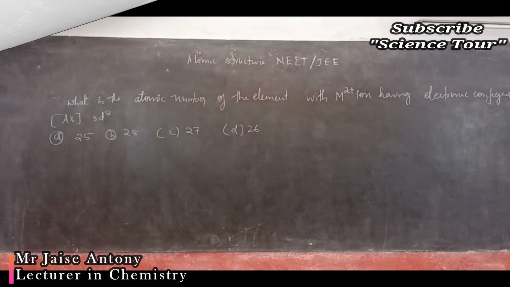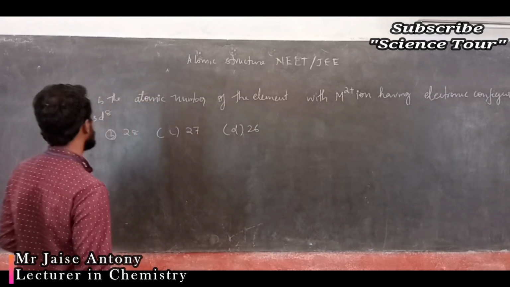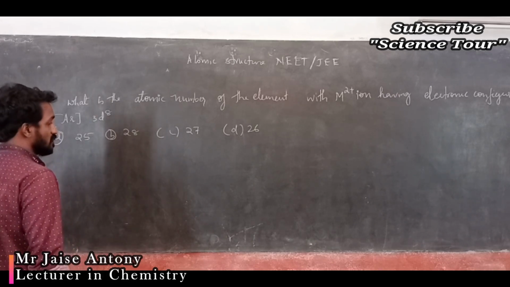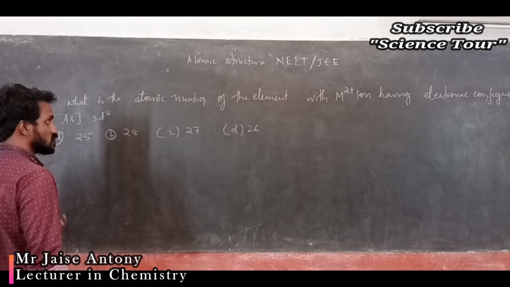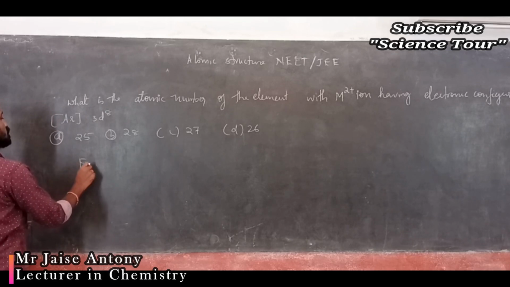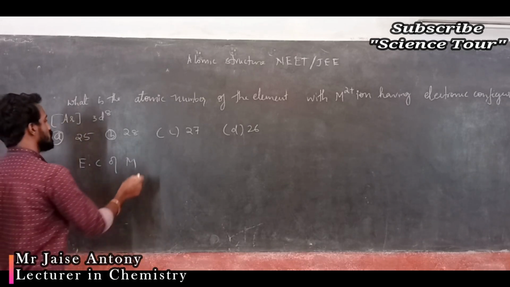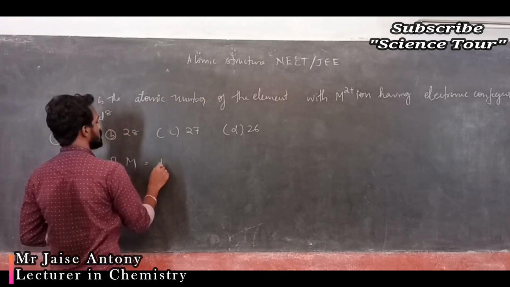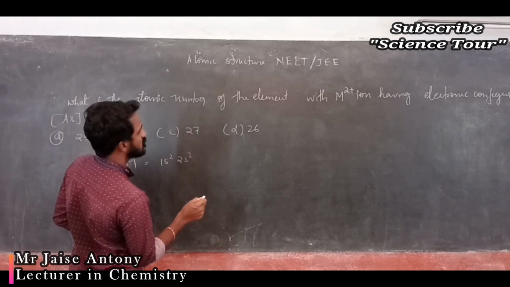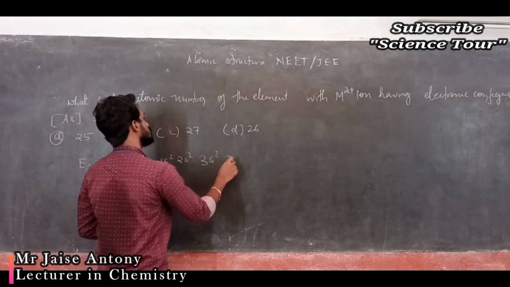Okay. Next question. What is the atomic number of the element whose M2 plus ion has the electronic configuration Ar 3d8? My dear students, M2 plus means 2 electrons are removed. So first we need the electronic configuration of the metal. Which metal? We don't know, we have to find out. I will write that electronic configuration: 1s2, 2s2. Is the atomic number 28? It is given. Correct? No? So not yet 28.